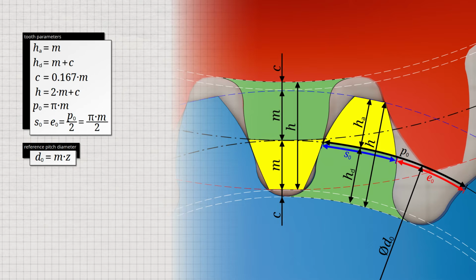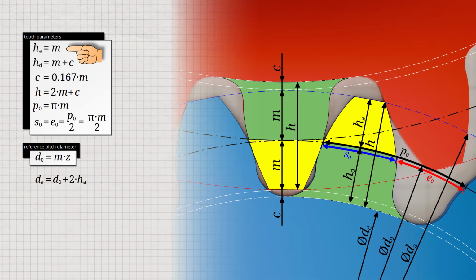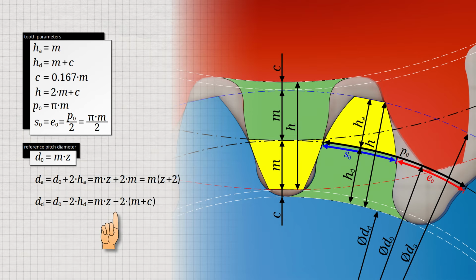The pitch circle diameter D0 can now be used to determine the tip diameter dA and the root diameter dd. The tip diameter results from the reference pitch circle diameter D0 plus the addendum on either side of the circle, where the addendum is directly equal to the module. The tip diameter can therefore be calculated from the module and the number of teeth as shown. The root diameter dd is obtained from the reference pitch circle diameter D0 minus twice the addendum. If we express the addendum by the module and the clearance, we obtain the given formula for determining the root